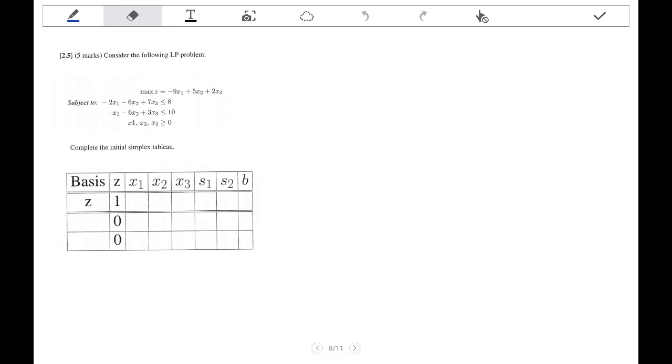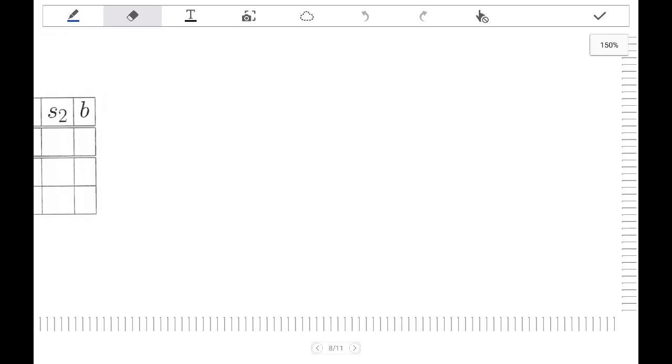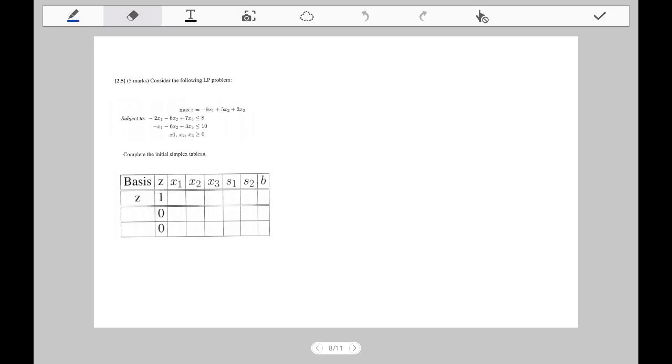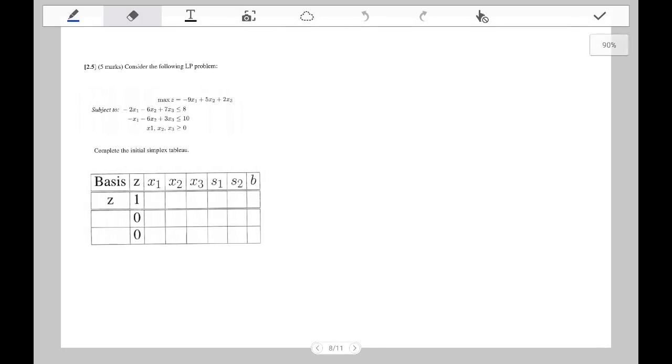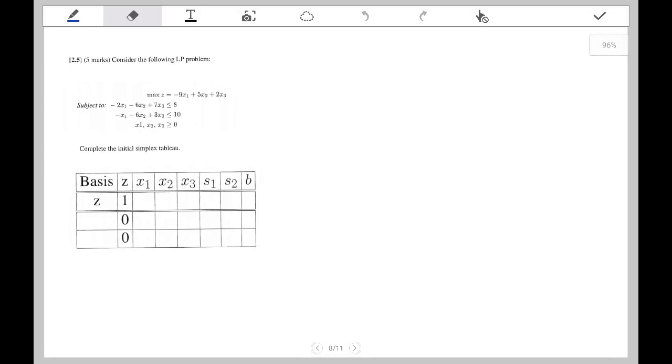Subject to minus 2x1 minus 6x2 plus 7x3 is less than or equal to 8. Minus x1 minus 6x2 plus 3x3 is less than 10. x1, x2, x3 are greater than or equal to 0. So here the problem is in a correct form because we don't have any constraint that has a negative